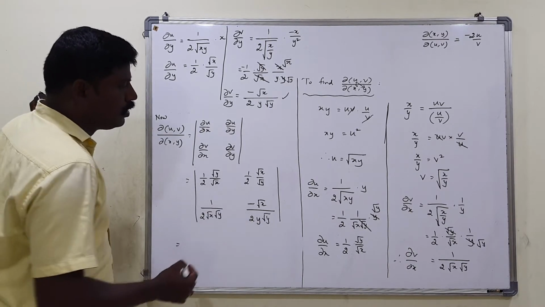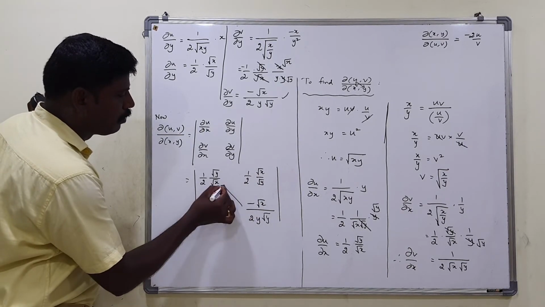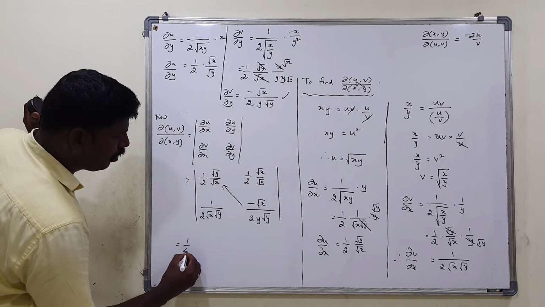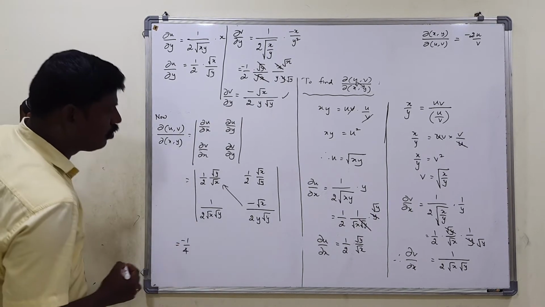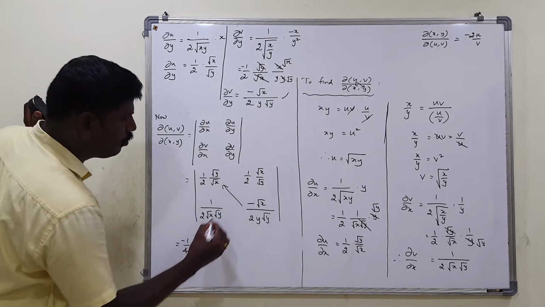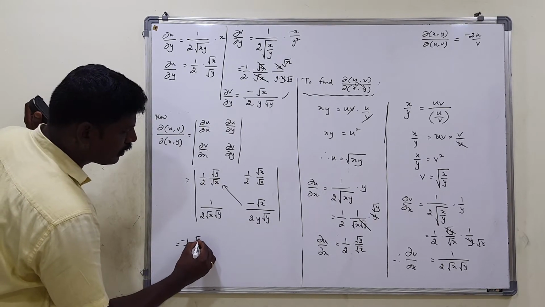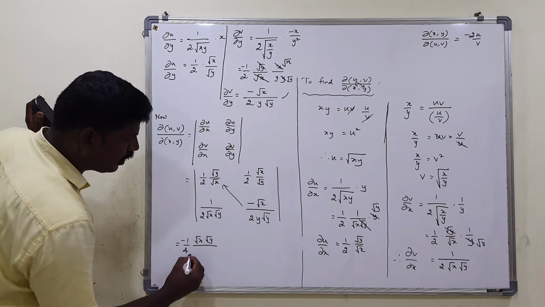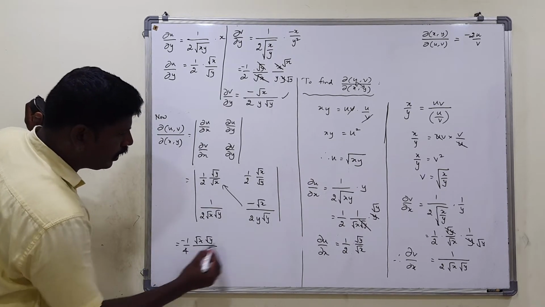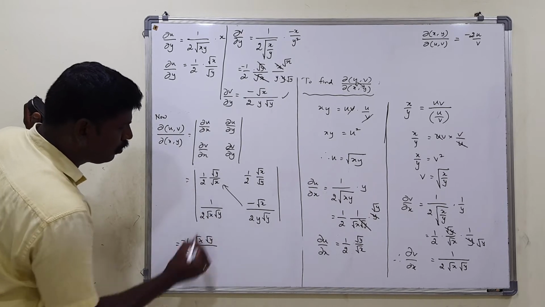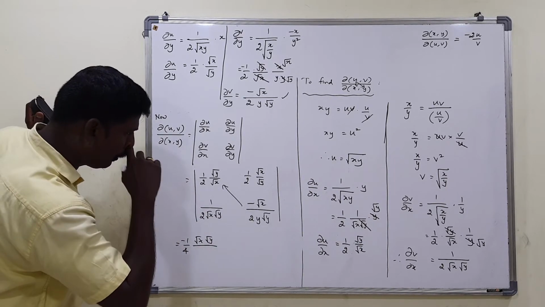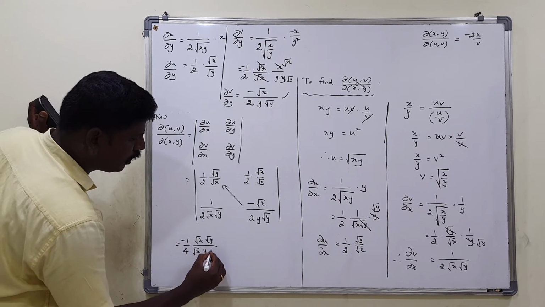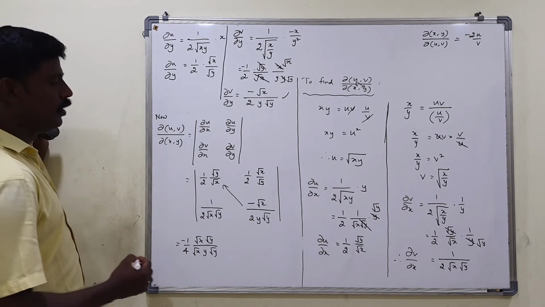So simplifying this determinant value, right? Taking the product between these two, so 1 by 2 into 1 by 2, 1 by 4. This minus comes to the front. So in the numerator, root x, root y, and what is in the denominator? We can take this 2 with this 2, it becomes 4. So leave it at that 2. So root x into y into root y, isn't it?